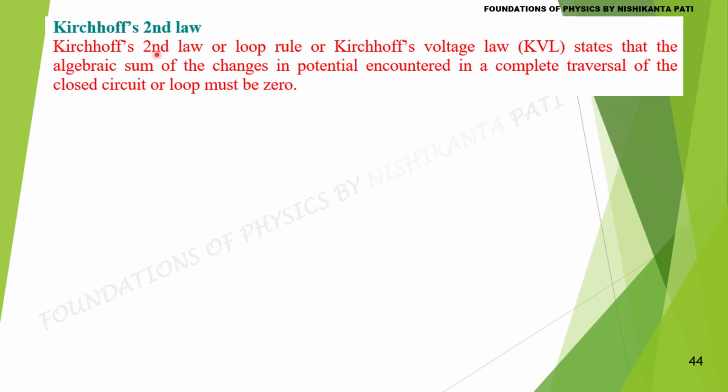Kirchhoff's second law, or loop rule, or Kirchhoff's voltage law, KVL we call, states that the algebraic sum of changes in potential encountered in a complete traversal of the closed circuit or loop must be 0. Before applying this rule,